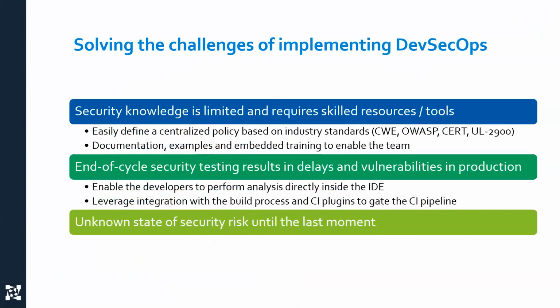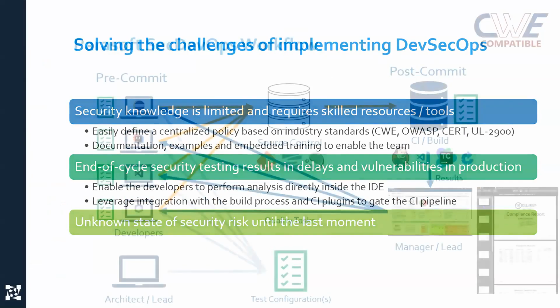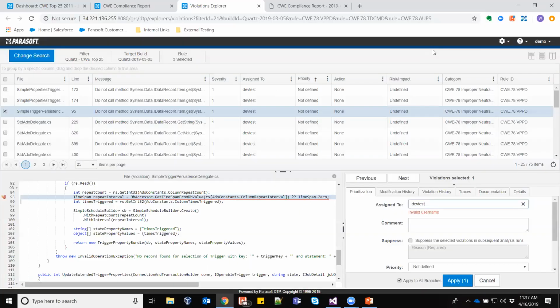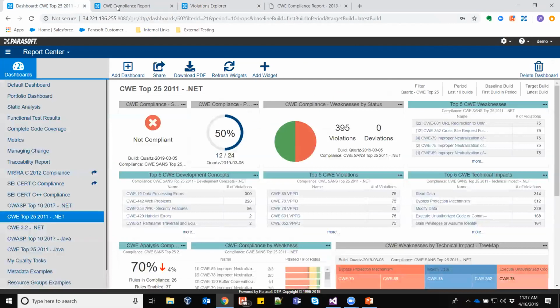Thanks, Wilhelm. Actually, could you go back to the dashboard for a second? There's a couple of things I'd like to highlight. Sure. If you go to the compliance dashboard, and then rather than the CWE, look at the .NET one for OWASP, the one that's right above your CWE one right there.